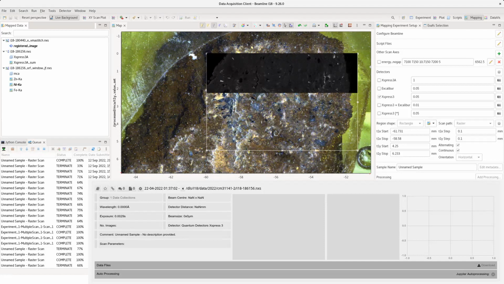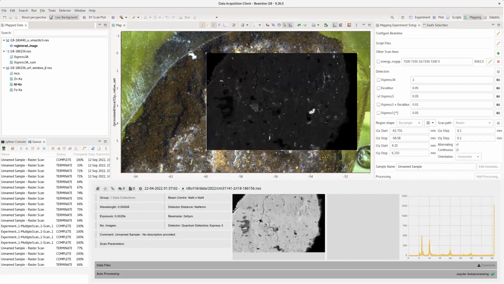The SyncWeb status still shows the same because the Jupyter auto processing is still running. When the scan finishes, the map's complete. They can carry on investigating the data in the same way, whether it's static or live. And they also have more metadata and information in SyncWeb to give them a better kind of record of